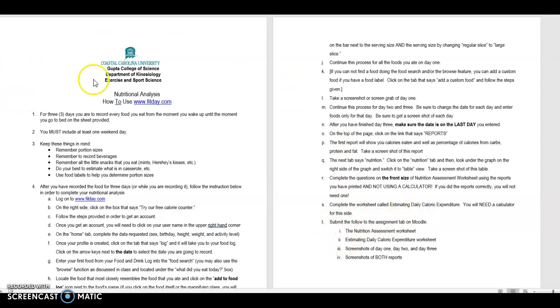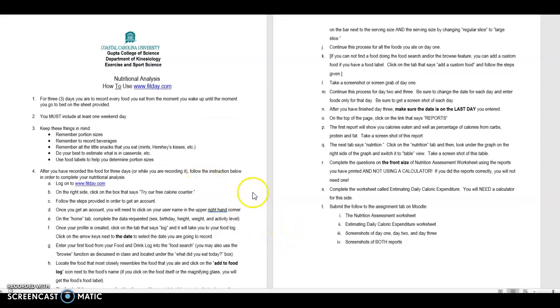However, if you read through the entire assignment, you're going to have to do screenshots of day 1, day 2, and day 3, and screenshots of both of the reports. So if you follow all of these instructions on here, I know it's a lot, it will be easy to find what day 1, day 2, and day 3 look like,